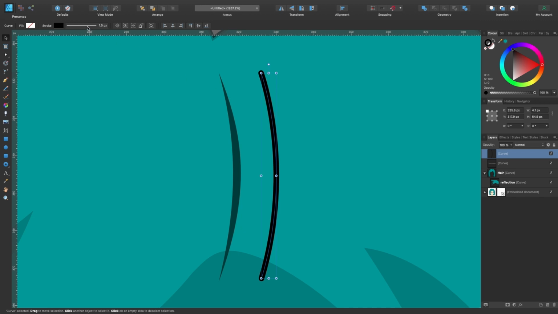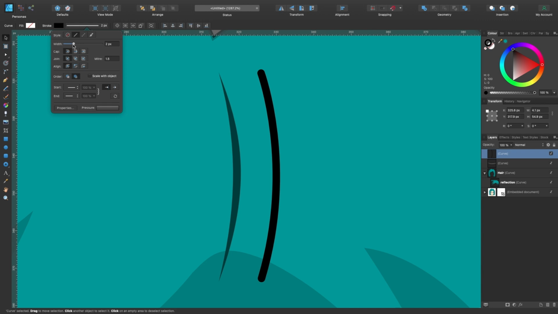So I'm going to make it thicker first. Head on up to this tool here, and that's our width tool. Something like that should do. The next bit is pressure. So in here, you've got two nodes. If I just click in the middle here, just copy me, and click on one of these side ones and bring it down, you can see what's going on here.